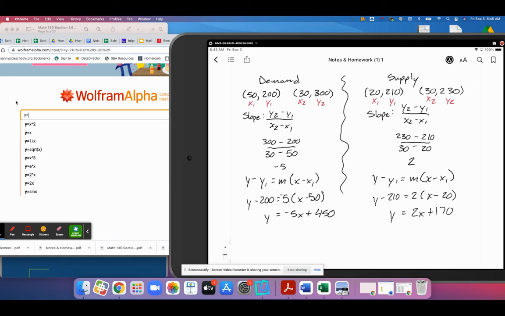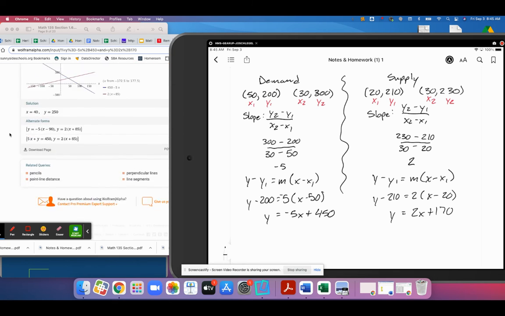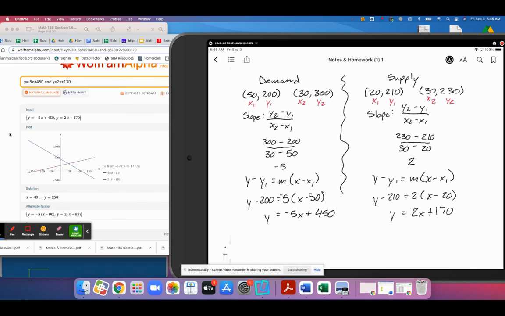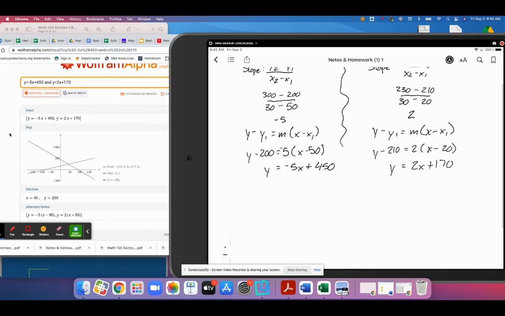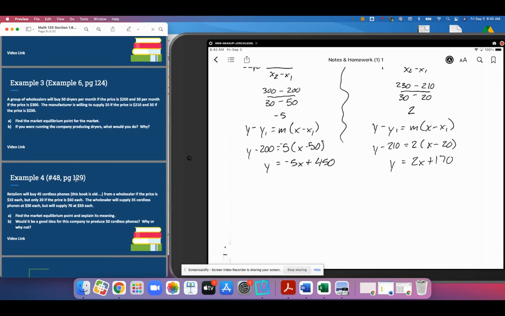So putting both of those in Wolfram simultaneously, separated by the word and, we get the idea that this market equilibrium occurs when we produce 40 dryers and sell them at a price of $250 each. So in our problem here, find the market equilibrium point for the market, and so that point is